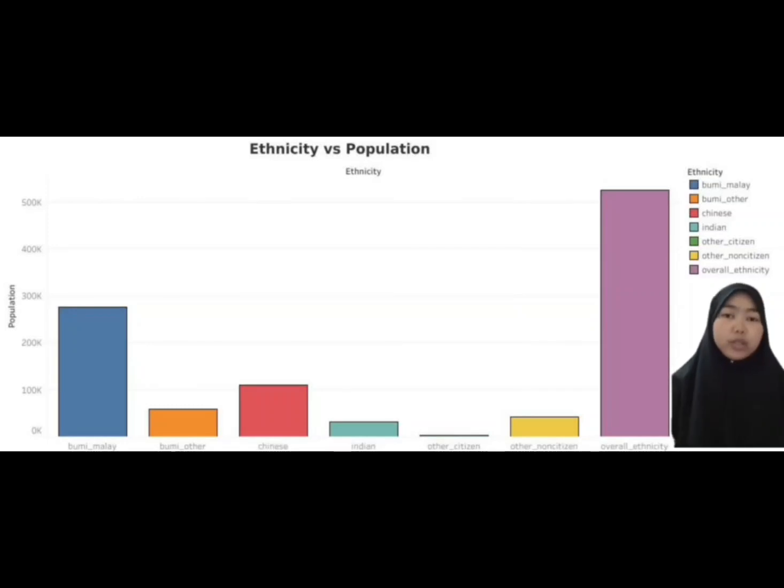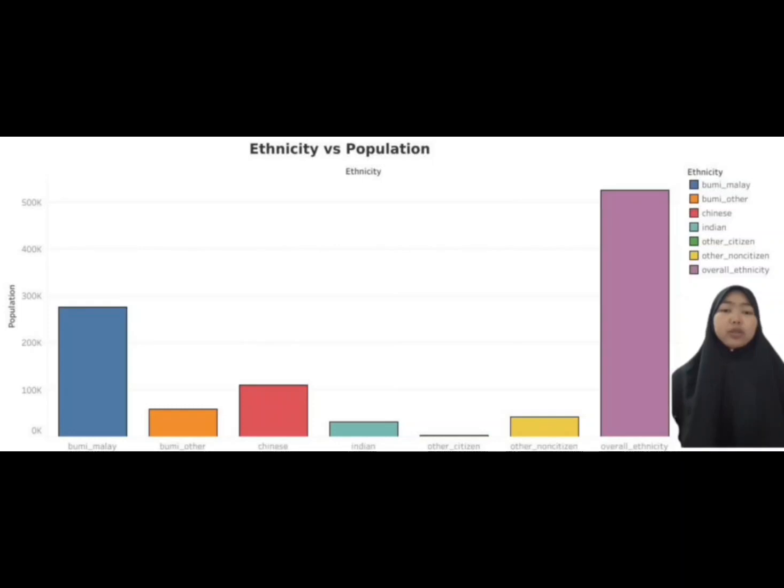The horizontal bar, which is visualization 3, examines the demographic landscape and the correlation between population and ethnicity in this visual exploration. Carefully gathered data gives a complex picture of Malaysia's multiracial society, with a substantial population of 276,791. The largest ethnic group, Bumi Malay, dominates the demographic landscape. With 110,079 members, the Chinese ethnic group is the second most populous and makes significant contributions to Malaysia's social, cultural, and economic domains. The Bumi Adi category, which has